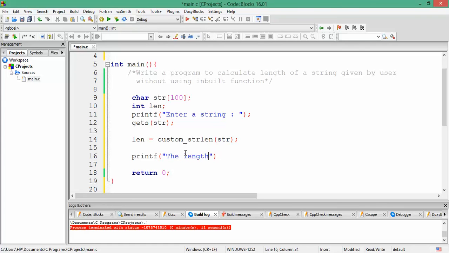The length of the string is %d, where %d we are going to replace by the value of len.